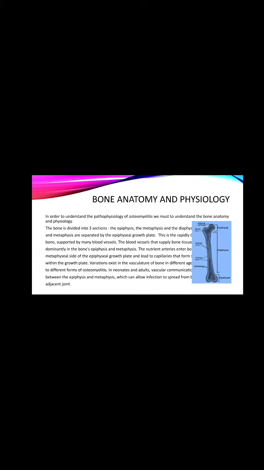This is the rapidly growing area of the bone, supported by many blood vessels. The blood vessels that supply bone tissue are located predominantly in the bone epiphysis and metaphysis. The nutrient arteries enter the bone at the metaphyseal side of the epiphyseal growth plate and lead to the capillaries that form sharp loops within the growth plate. These capillaries lead to large sinusoidal veins that eventually exit the metaphysis of the bone through the nutrient vein. The blood flow is